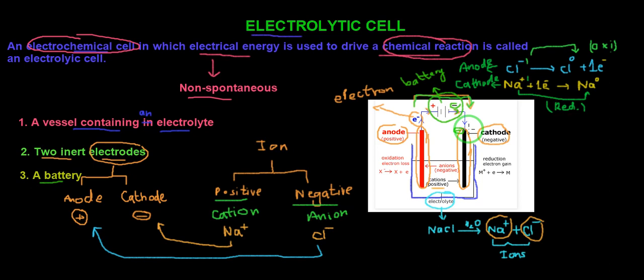Electrons are also drawn out of the anode, making it positively charged. As you can see, electrons are moving toward the battery, so that is why it is losing electrons, and after the loss of electrons, it has positive charge. Once this happens, an oxidation reduction reaction is activated. So this was all about an electrolytic cell.